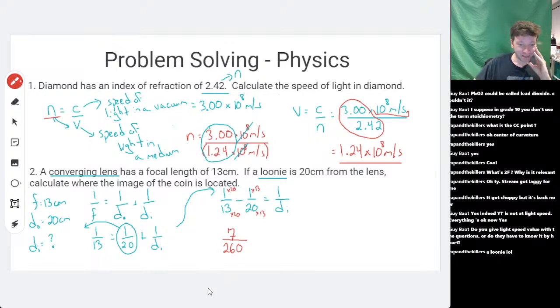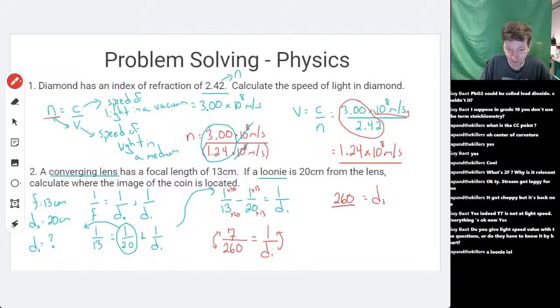Now, here's where students go wrong. They're happy. They dealt with their fractions. I'm good. Next question. They forget that they haven't solved for di. They've only solved for 1 over di, and that's not what the question is asking for. So at this point, what you want to do is flip both sides. I find that the easiest. Or in fancy math terms, take the reciprocal of both sides. And that's going to solve for di as